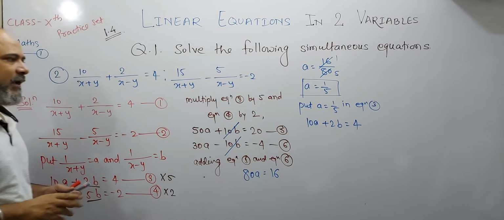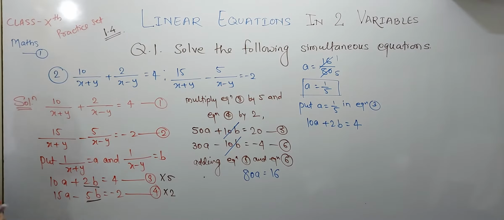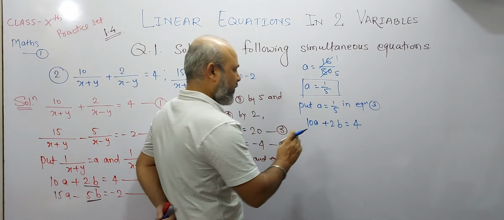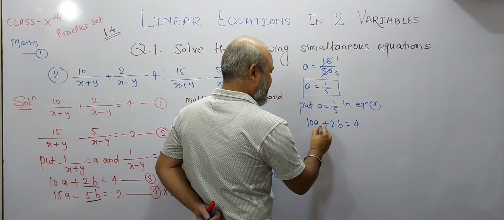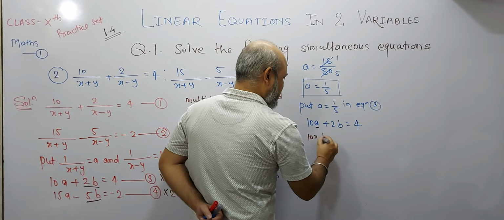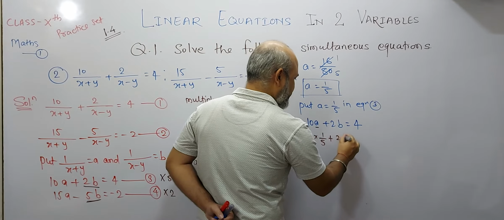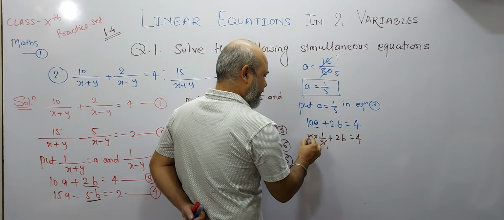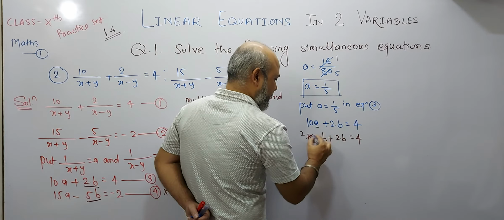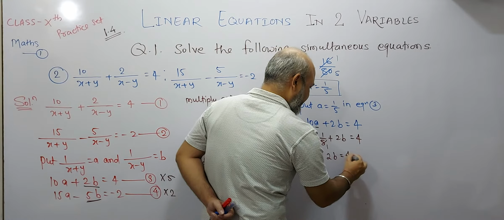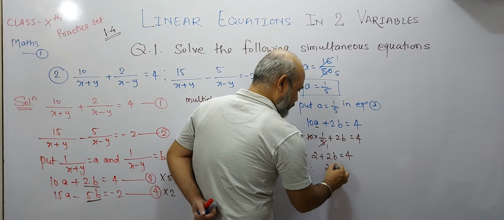So you are going to put the value of a in equation 3, and equation 3 is 10a plus 2b is equal to 4. Now you will put here a is equal to 1 upon 5. So this will be 10 into 1 upon 5 plus 2b is equal to 4. So simply 5 ones are 5, 5 2s are 10. So this will be 2 ones are 2 plus 2b is equal to 4, and therefore 2b is equal to